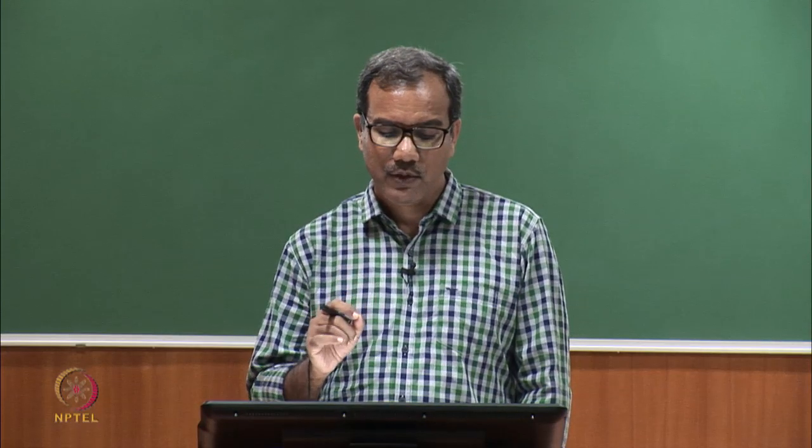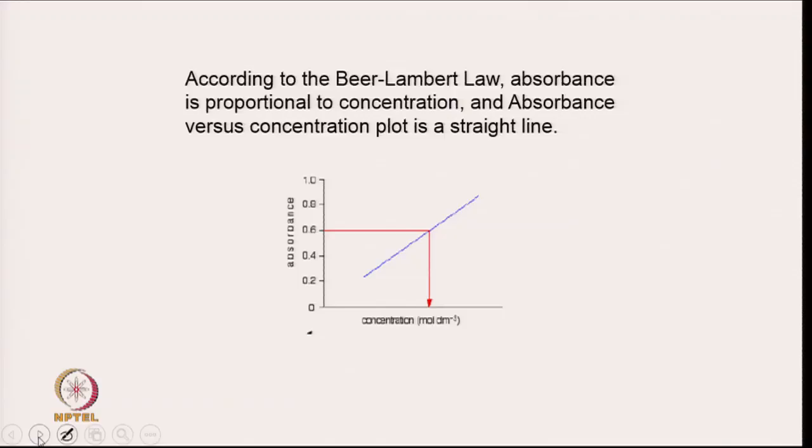One of the most important applications of Beer-Lambert's law is to get the concentration, and what the Beer-Lambert's law tells you is that absorbance is proportional to the concentration, and so the plot between absorbance versus concentration must be a straight line. So, it is here a straight line, and if you know the absorbance of the sample, you can tell what the concentration is, and this line is called your calibration curve,